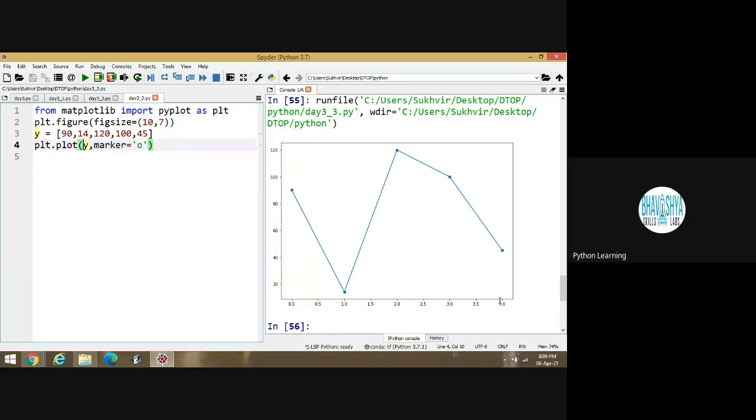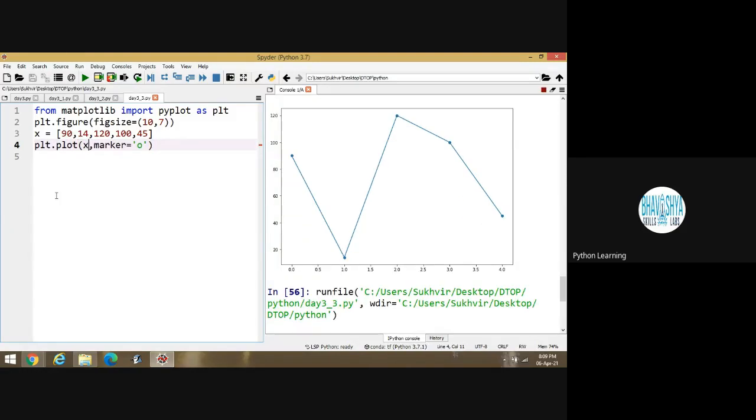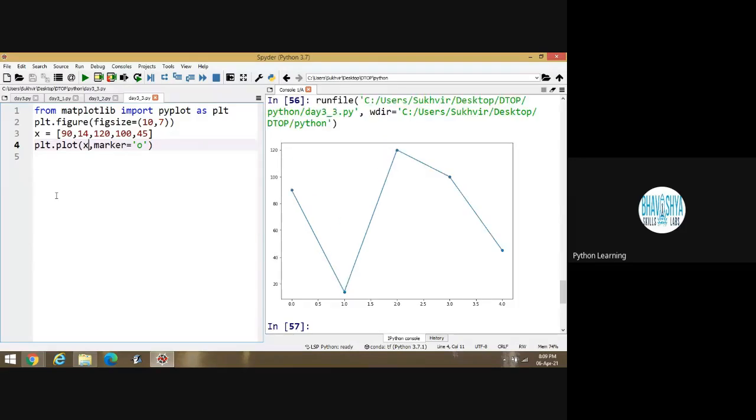Is it okay? Sir, if plt.plot had x there, then also the same kind of graph would come. Same. It's only the variable. But this one is the value of y only. It's not the value of x. If I am writing x here, it is the value of again y. Look at this one. The graph is again same. Basically, this one, if one value is there, I am going to write here. Okay.